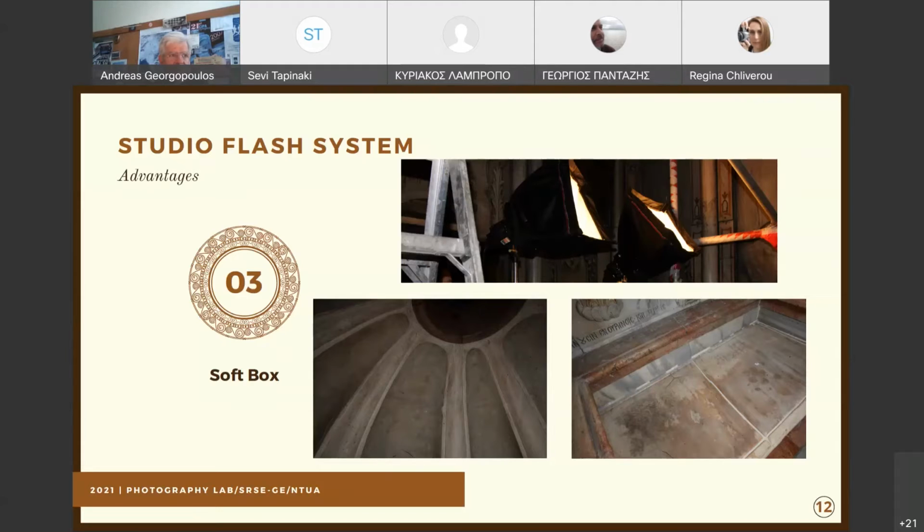In our case, we had soft boxes. Soft boxes are diffusers that soften the light by scattering it over an area larger than the source light. As a result, we had the same quantity and quality of lighting throughout the frame each time. We used a medium size of soft boxes, particularly 45 by 45 centimeters.